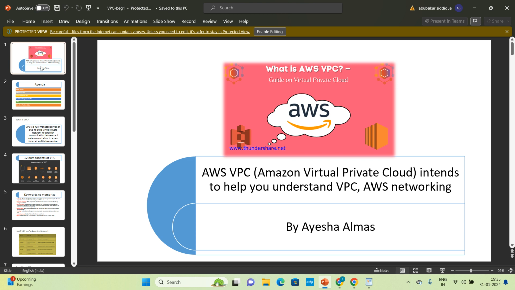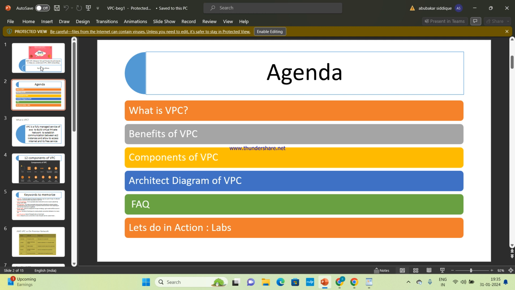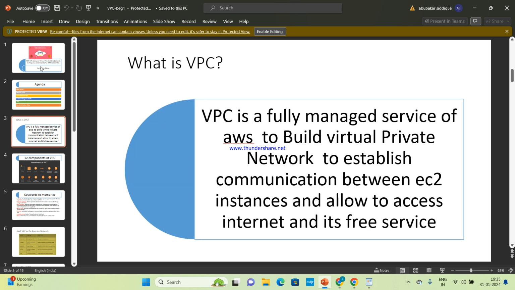VPC is Virtual Private Cloud. In VPC, we are going to learn what VPC is, the benefits of VPC, the components of VPC, the architecture diagram of VPC, frequently asked questions, and some labs.